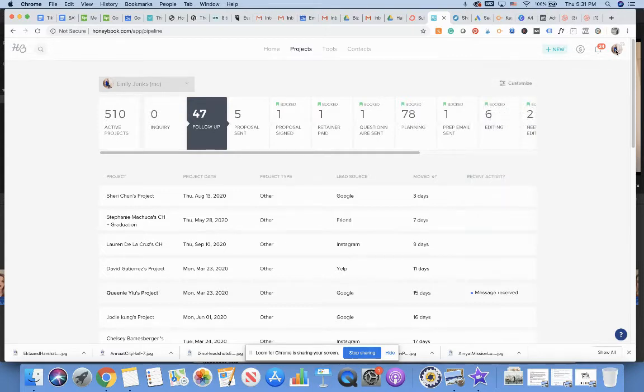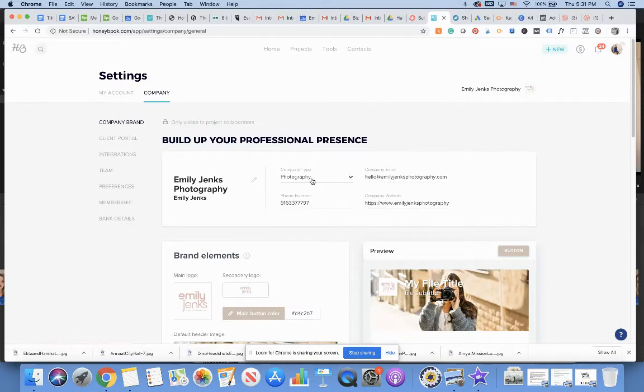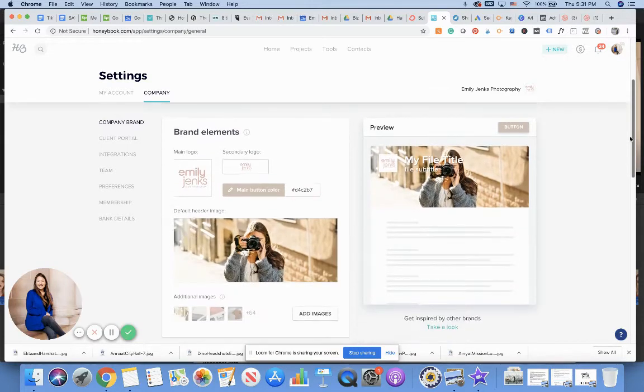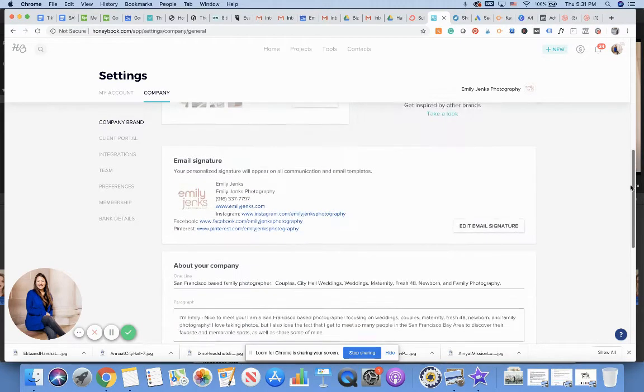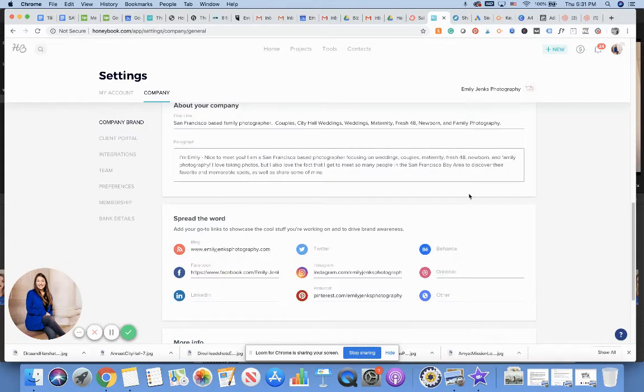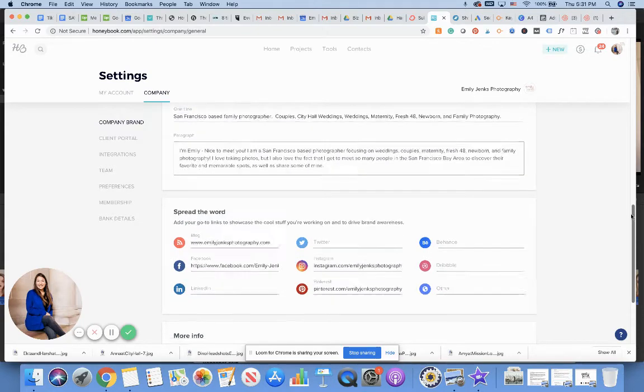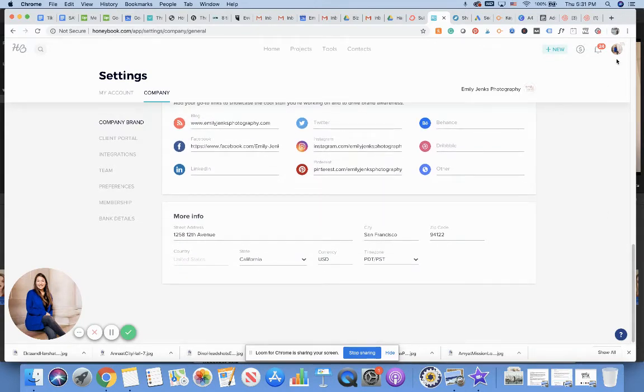So once you sign up for HoneyBook, I'll start from the beginning. You probably want to first set up your company settings. That's like your brand colors, logos, main default image, and your signature. And about the company, this is kind of helpful too. And once you are done with that,